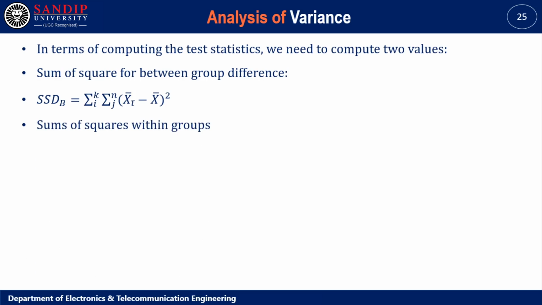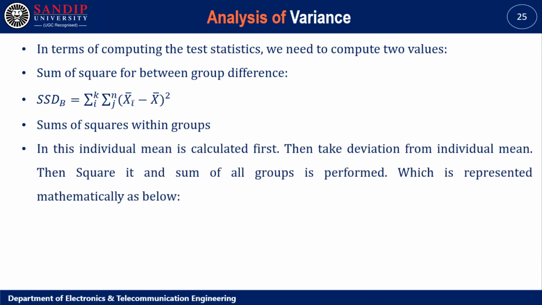Sum of squares within a group: in this, individual mean is calculated first, then take deviation from individual mean, then square it and sum over all groups, which is represented mathematically as below. SSD_W is equal to summation of i to k, summation of j to n, (x_ij minus x bar sub i) whole squared,